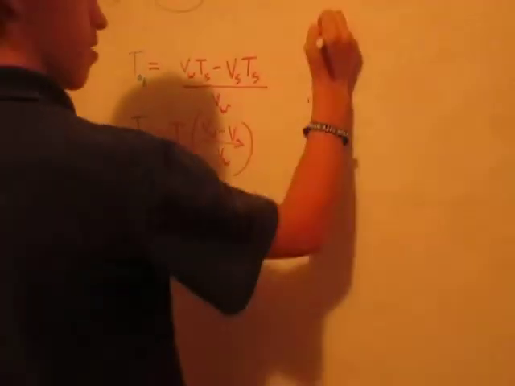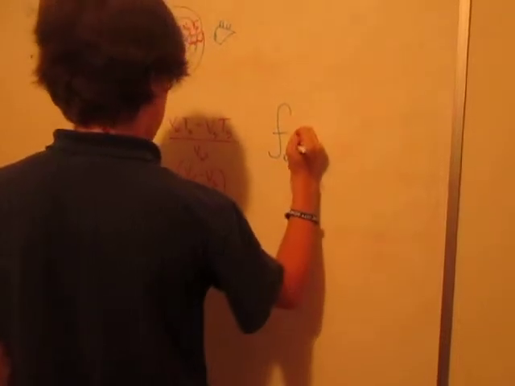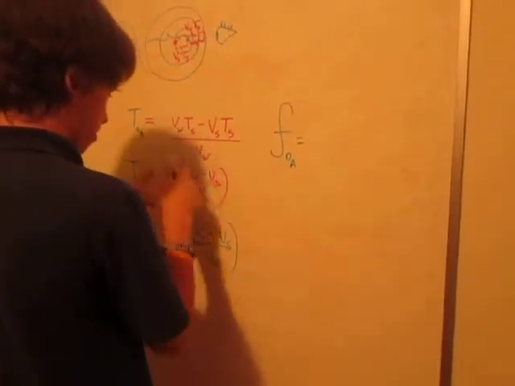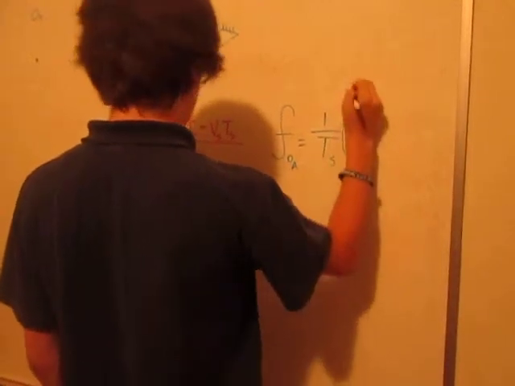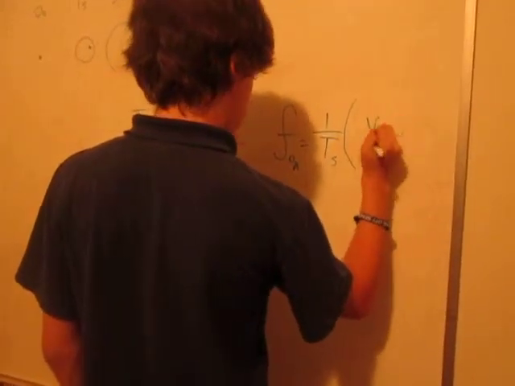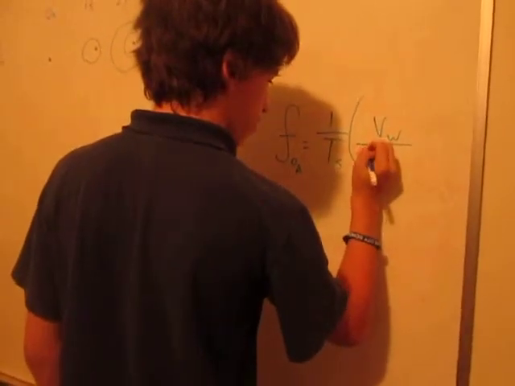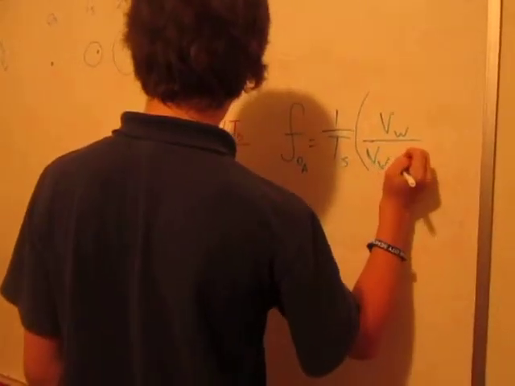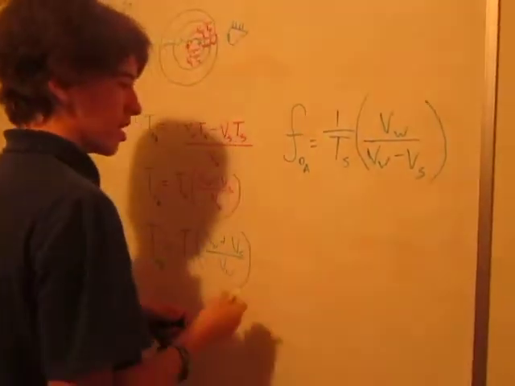So our frequency for, let's say, an object away would be equal to just 1 over time times the velocity of the wave over the velocity of the wave minus velocity of the source, and then if it was